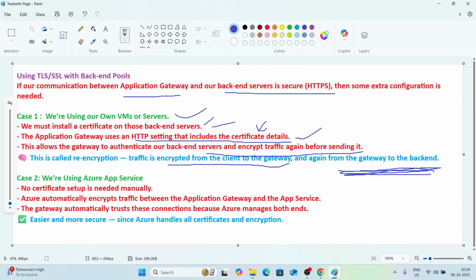If we are using Azure App Service, no certificate setup is manually needed. Azure automatically encrypts traffic between the application gateway and the app service. The gateway automatically trusts these connections because Azure manages both. So if we are instead using VMs or VMSS, virtual machine scale sets, or internal